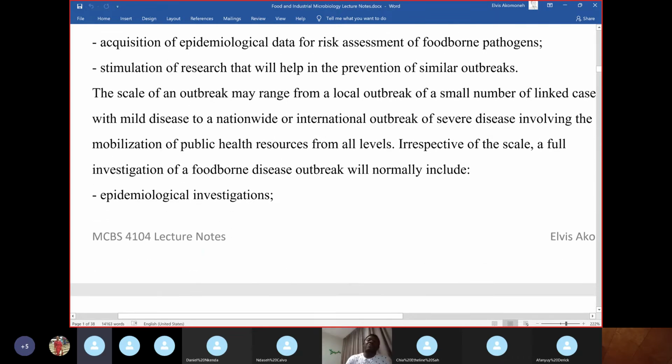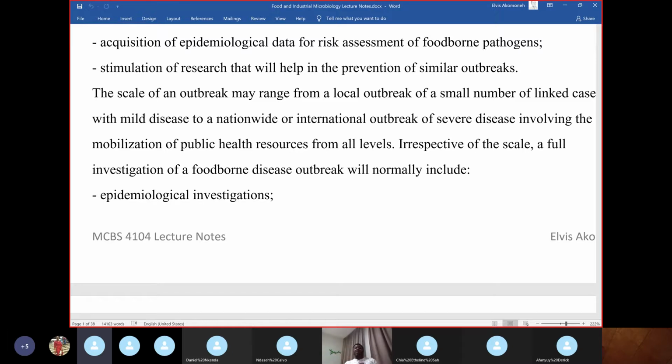We must note that the scale of the outbreak might be very small, maybe restricted only to Bambali, or restricted only to Bamenda, or restricted only to the Northwest, to a bigger outbreak. I mean, taking down the entire country, or even crossing across the borders, affecting other countries, like the E. coli outbreak I just mentioned in lettuce. So, these are situations that could be very serious or could be very minimal, depending on how the initial management stages were handled. If we fail to handle it well, it gets very, very out of control, especially